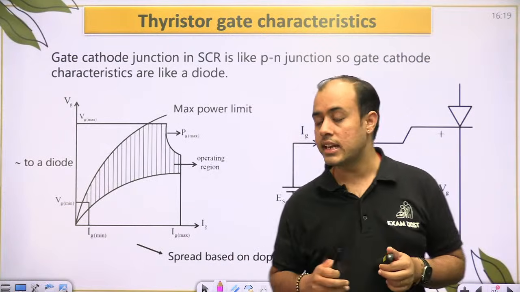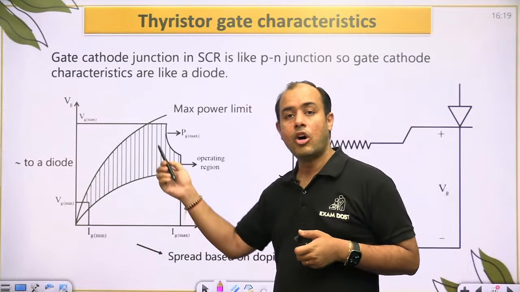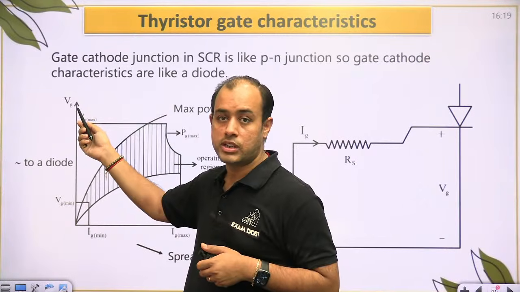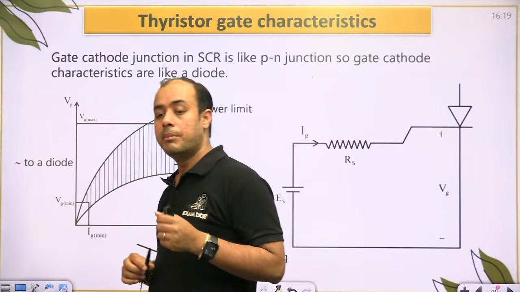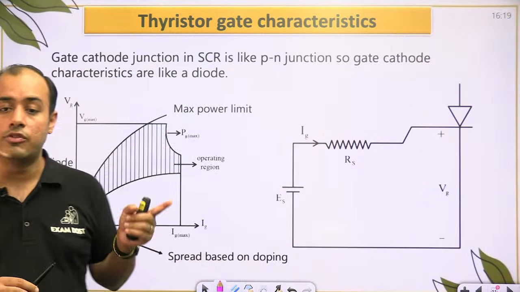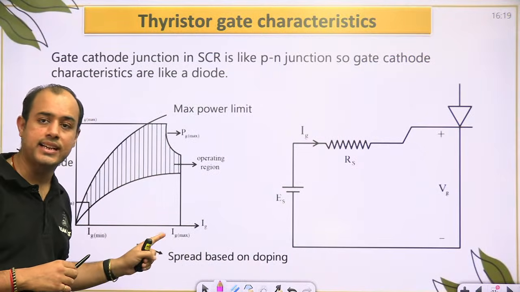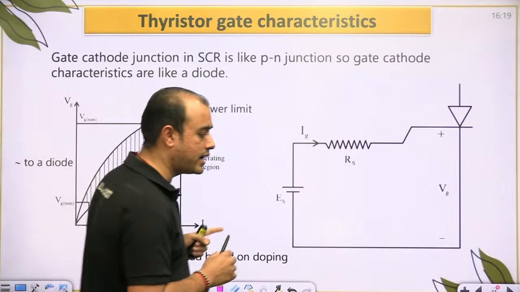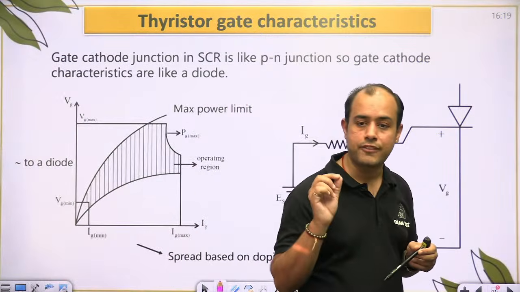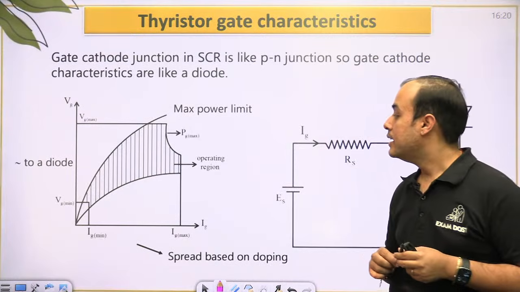Beta, it is looking like this because on the y-axis I am taking voltage and on the x-axis I am taking the current. मैं यहाँ पे एक्सेस पलट दिया हूं, वाई एक्सेस पे वोल्टेज है, एक्स एक्सेस पे करंट है, इसीलिए ऐसा ग्राफ आ रहा है। जब वाई पे करंट, एक्स पे वोल्टेज होता है तो ग्राफ एक्सपोनेंशियल आता है।